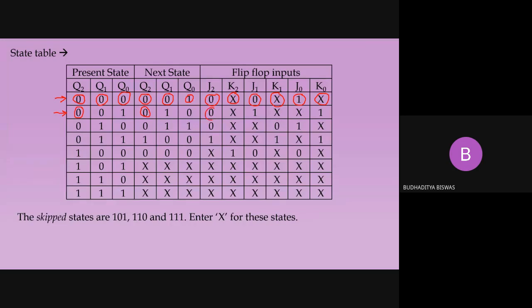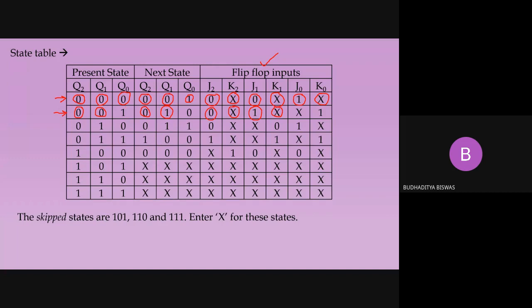So J equal to 0, K equal to don't care for the second one. Come to this one, Q1 present state is 0. Next state is 1. So that is actually the 0 to 1 transition, and in case of 0 to 1 transition, it should be 1, don't care. J should be 1, K should be don't care, but you need to write it in exactly the same place. So this is the Q1 transition, so you should write it at Q1, that means J1 K1. Okay, if you just mismatch this one, everything will be erroneous.